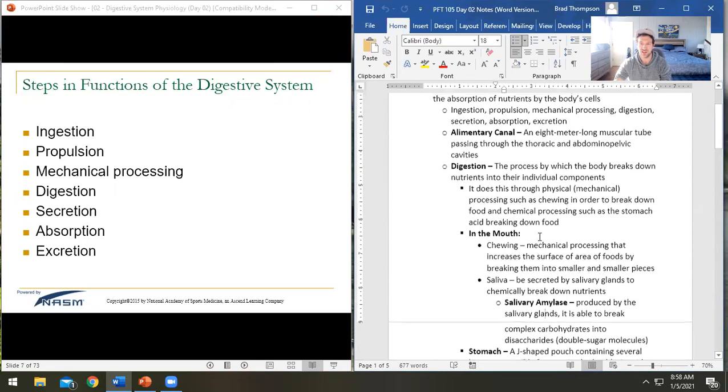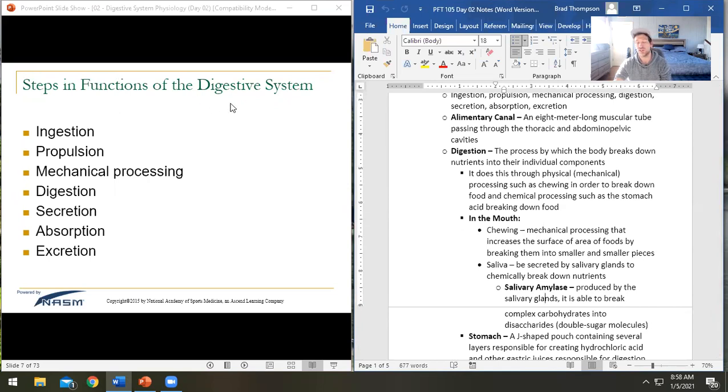Your main functions of your entire digestive system are going to be ingestion, which is the process of getting food into the body, propulsion, which is moving stuff through the canal, mechanical processing, which is chewing, right? Breaking stuff apart physically, digestion, which is chemical processing, right? Using acids and salts and things like that to break foods apart with chemicals, secretion, which is like your saliva glands,